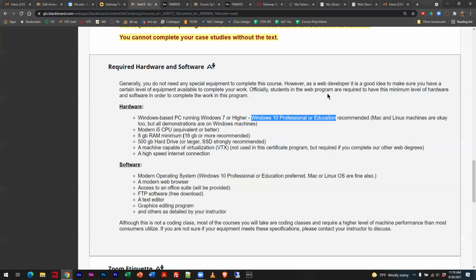You can do the work with Windows 7 or Windows 8 if you have a machine that runs those. Although we would consider those insecure at this point, you really should move up to a different level of operating system. I get that some people will keep those running just because they love Windows 7 so much, or Windows 8, I don't hear that about, but Windows 7 I hear it about. And yes, you can functionally do all those things with those, but those operating systems are no longer supported by Microsoft, and therefore the way that they patch them makes them insecure. So you really should be on Windows 10.